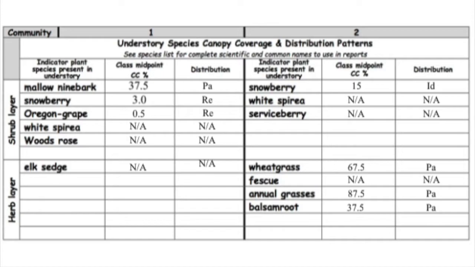Similar to the first table we looked at, this table shows community 1 and 2, the north and south slope, and the different species of shrub and herb layers. On the left, community 1, we have the north slope. Here you can see ninebark, snowberry, and Oregon grape as dominant features within the slope. In Community 2, we can see evidence of snowberry, but this is really the limited factor in the shrub layer. More so, we can see the herb layer with wheatgrass, annual grasses, and balsam root as dominant features within the